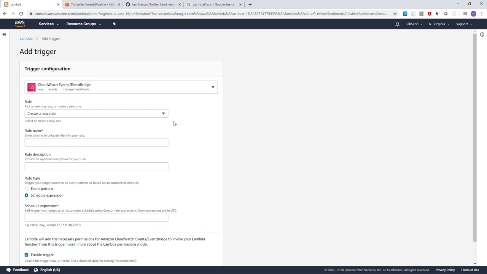CloudWatch is going to do a timer and say, okay, after every 1 hour, after every 5 minutes, after every, let's say every day, just trigger the lambda function. That is essentially what this does. So you can give it a rule name, let's say rule 1, and then you could give it a rule description, triggers lambda